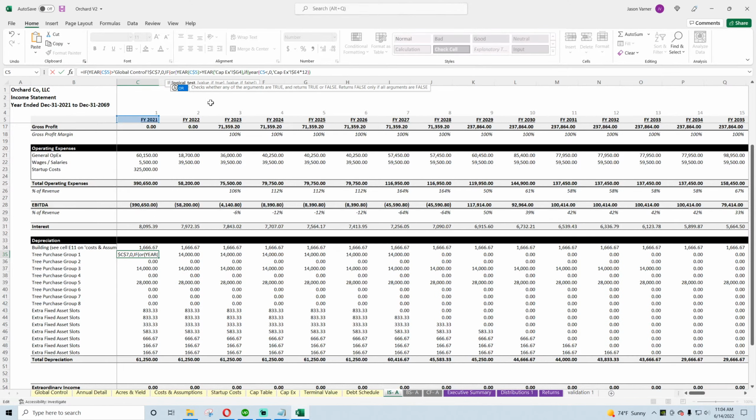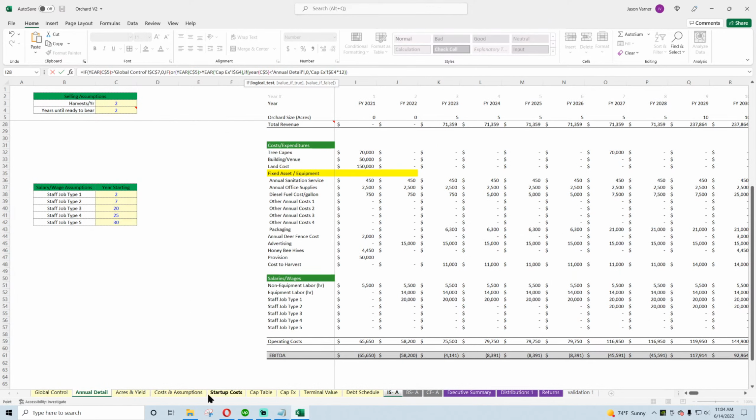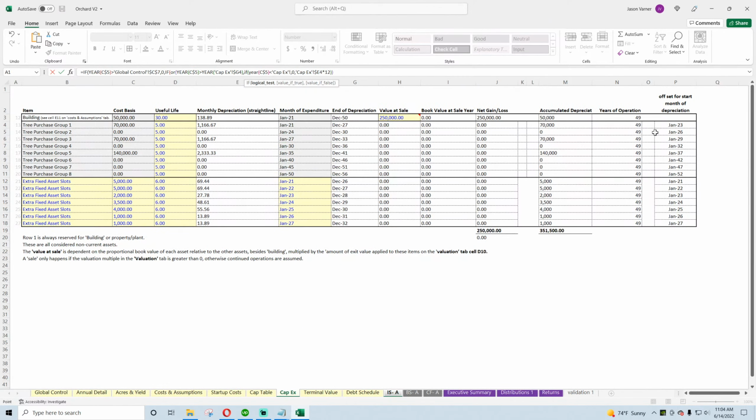So if either that's greater than year CapEx G4, or if year C5 is less than, that's got to be locked. If this is less than the start year, which is the offset over here,